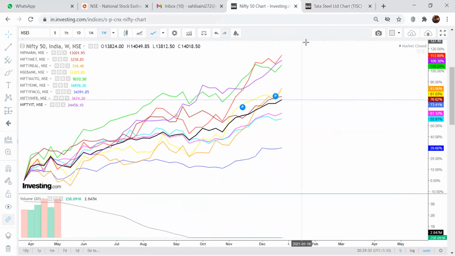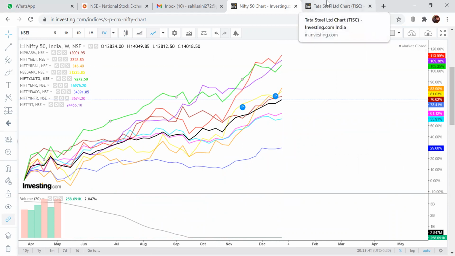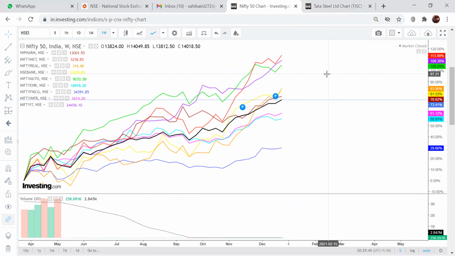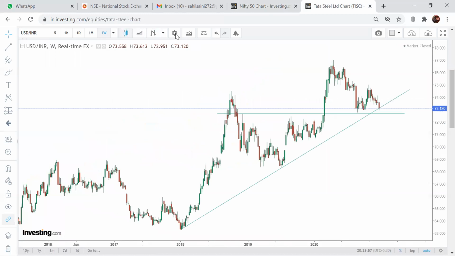So this was our second one, and this third one, the green one, is auto. Yeah, very good. So auto charts are really very good. I shared a chart of Nifty. From the Nifty Auto chart, it was Mahindra and Eicher Motors. Very good charts. Actually, I'm personally into those trades. So let me show you the charts.